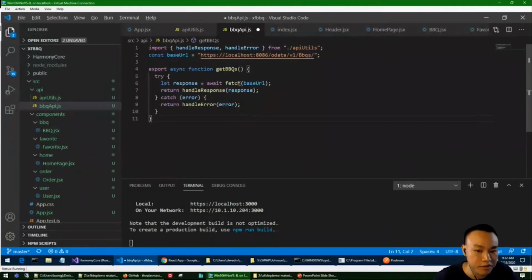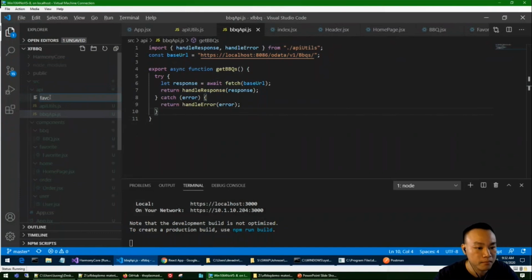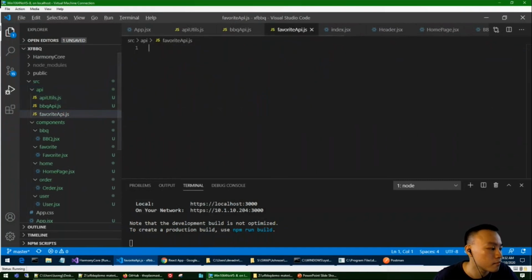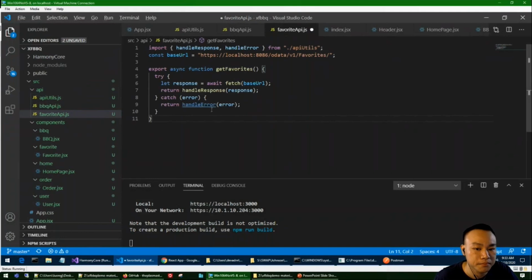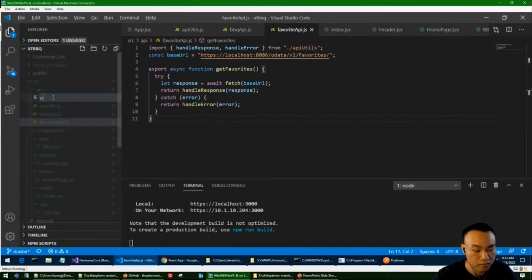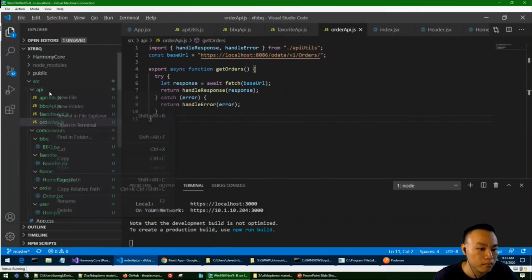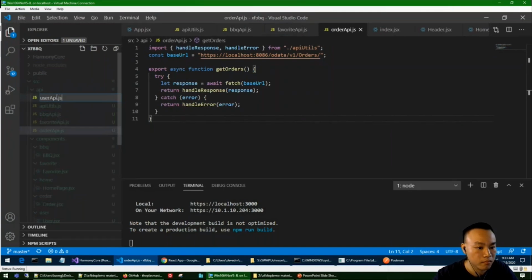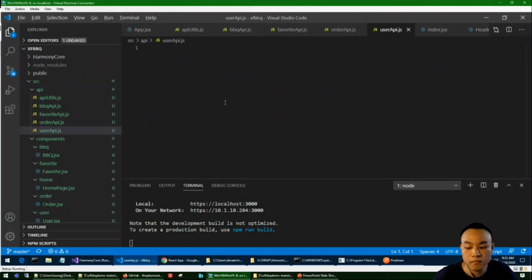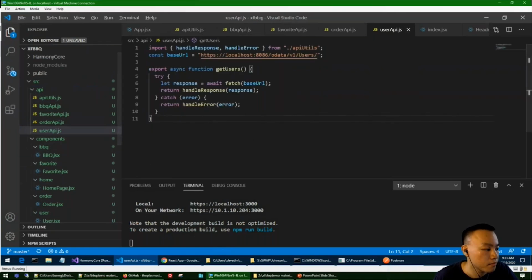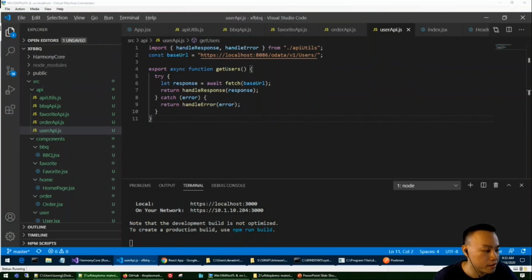So inside getBarbecues, we're going to fetch the base URL, which is this, OAW1 barbecues, and we're going to have a response that's coming from the API utils. Do the same thing for the other ones.